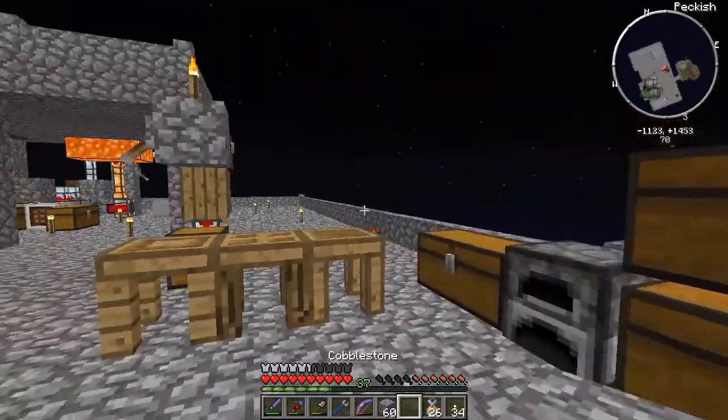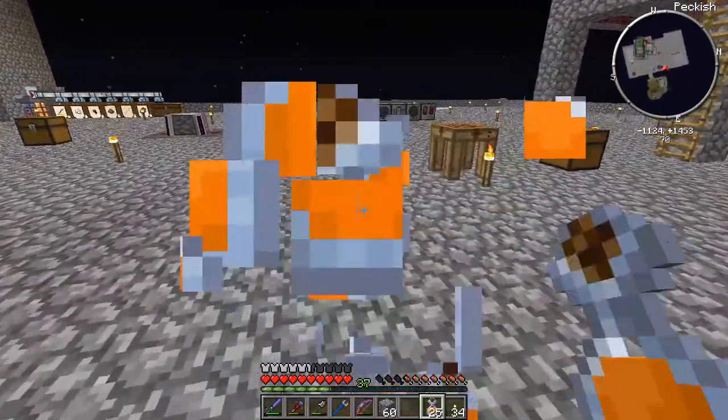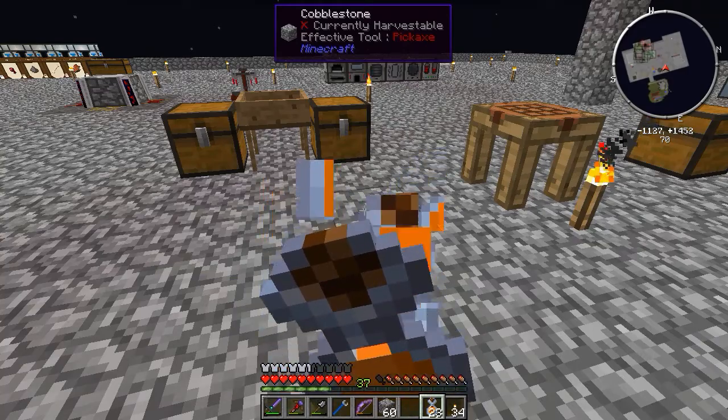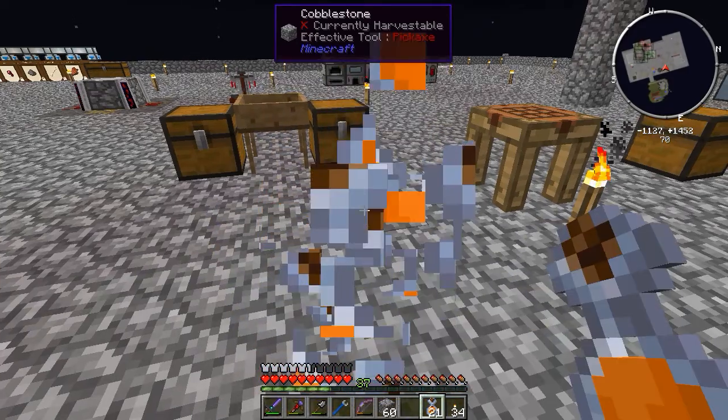So dirt goes in there. I'd been making dirt. I've still been doing that. There's better ways than using zombie flesh. Leaves are the best, but